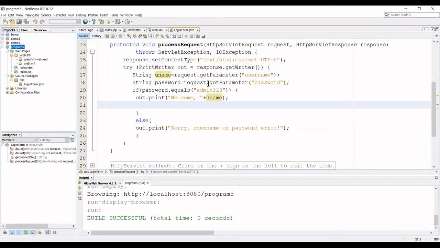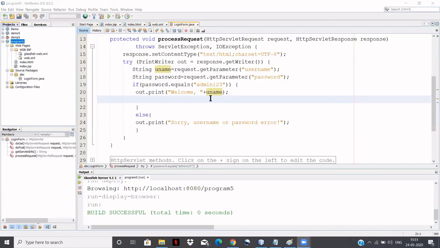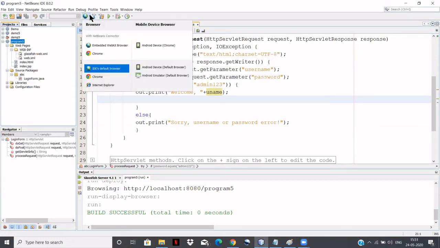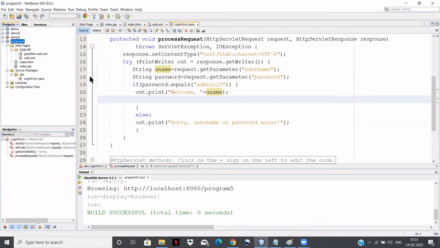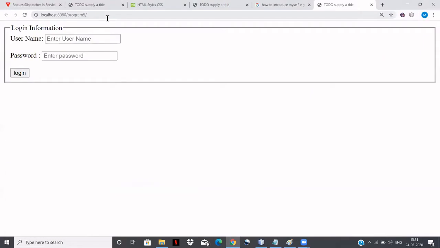Okay, you just observe here. See, when I run this program, you just see here the username and password, right?